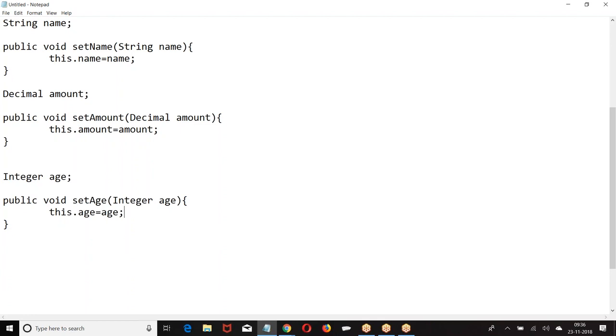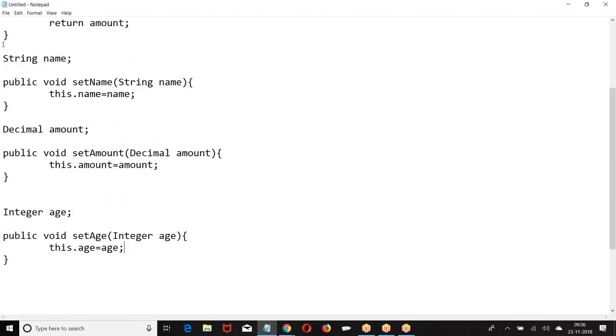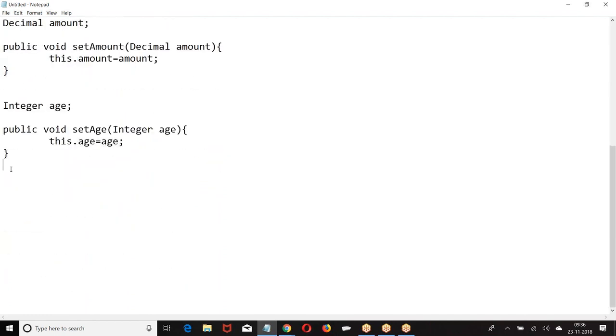Sometimes I want to use only set, sometimes only get. Otherwise, to make it simple, we can straight away give string name set semicolon get semicolon. If I give this, the system will automatically create the setter and getter instead of you writing them.